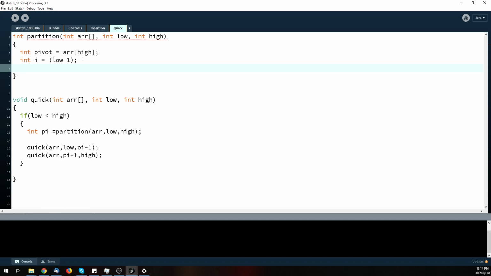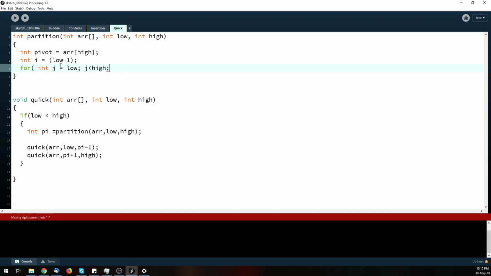First part's going to be half the array, and it's going to get smaller and smaller. So we are going to go for loop, and we're going to iterate through. And how do we do that? We go int j. We're going to use j as our variable, but we're going to start at low. So low not necessarily will be 0, it could be higher than 0. And we're only going to go till j is less than our high point in this chunk, in this partition